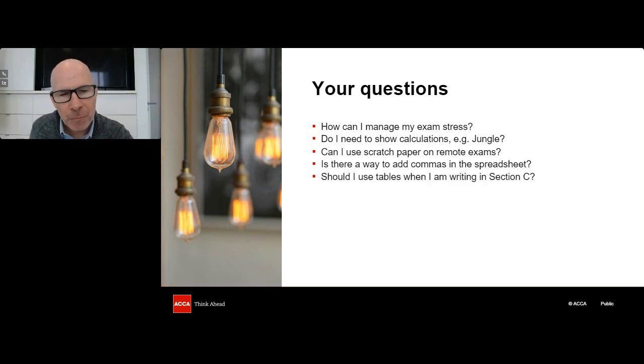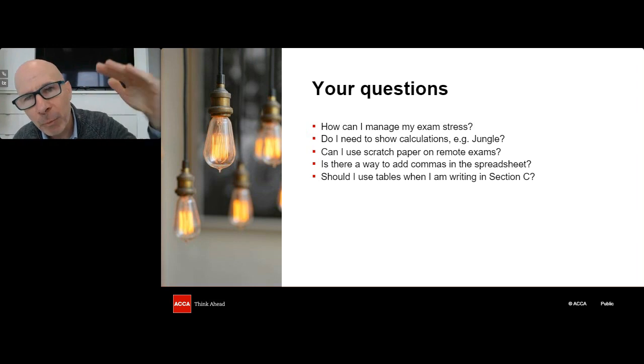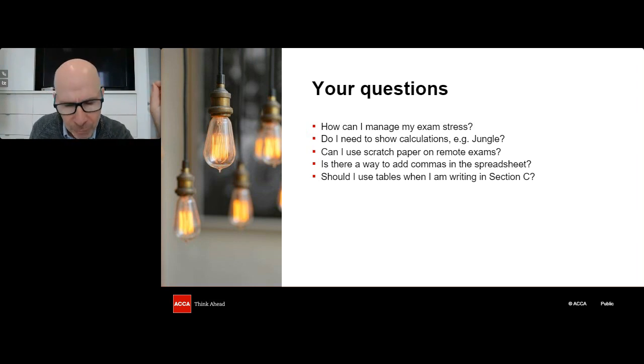Tables are an awesome tool in section C. When you are doing a big question like relevant costing, 14 marks, read the big story. There's a bunch of things in that story. Tables keep you organized. Tables help you with the time management. Tables keep you on track, but it's not required, okay? I think it's a good idea for big requirements. For a small requirement, evaluate if the company should go forward with the outsourcing, 5 marks. Paragraphs are good in that situation.